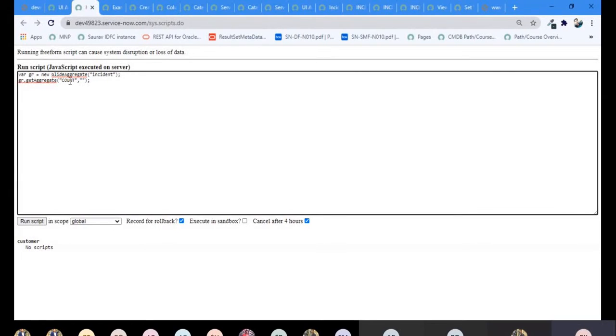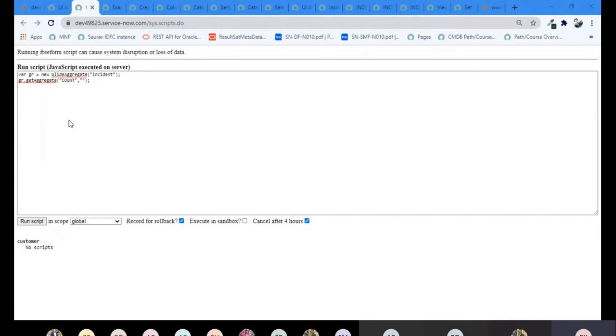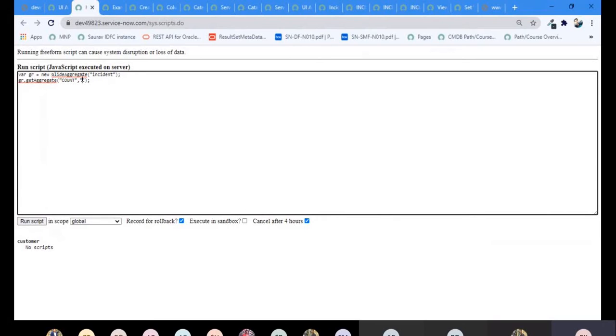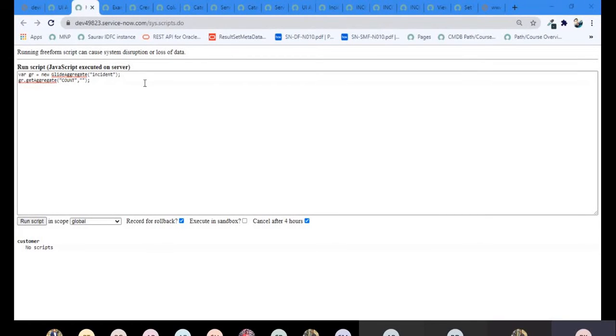Correct. So these aggregates are fixed: count, min, max, average. We can't create our own new aggregates from here. These fixed aggregates depend upon the database type, what kind of RDBMS we are using. So be cautious here, and also be careful about the column name you give; use a similar column name during add aggregate. We will cover aggregate in a later class. I think on Monday we need to have a problem session. So, glide aggregate.